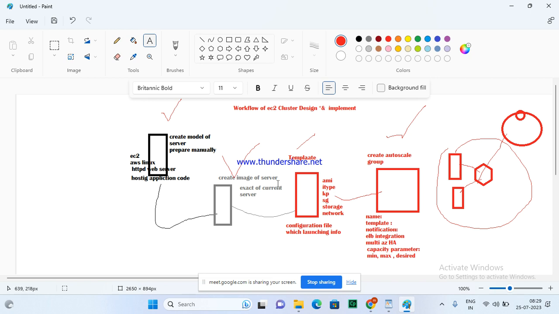Template is a pre-designed configuration. That means you're writing a file, storing all the configuration I need to launch the machine. Template is nothing but predefined settings. I want to write an instruction in a file that while launching, use this instance type, key pair, security group, storage, AMI. I have written this instruction. Where am I giving this instruction? To auto scaling. Whenever auto scaling launches a server automatically, it launches on the instruction I have given. So you have to create an instruction file.